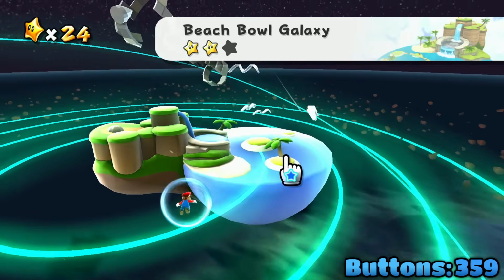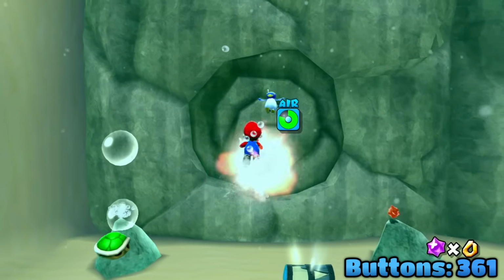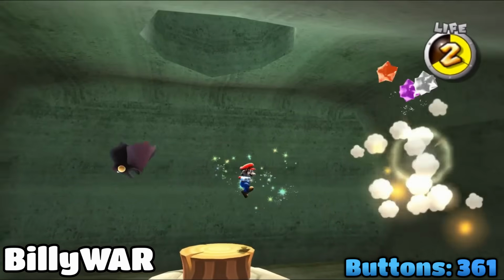Pull star, beach ball, fly, and select the undersea cavern star. For this, we swim down, grab a green shell, and spin to throw it into this wall. Once inside, we get damaged by this back to get up to here, before mid-air spinning and ground pounding with